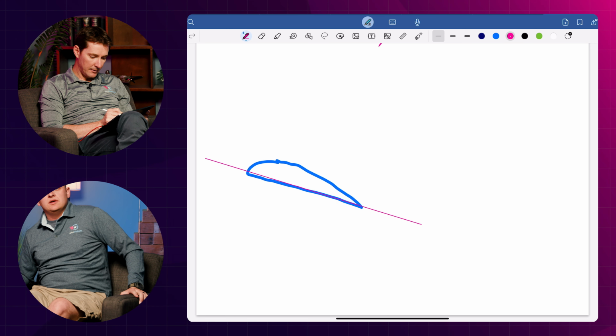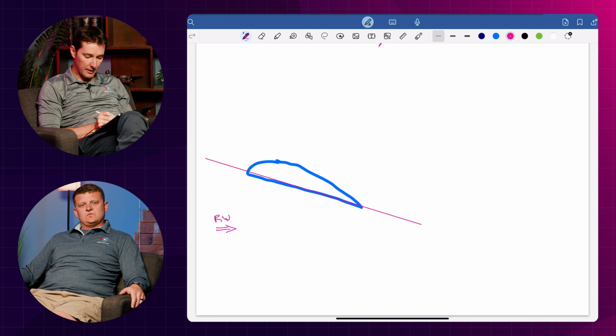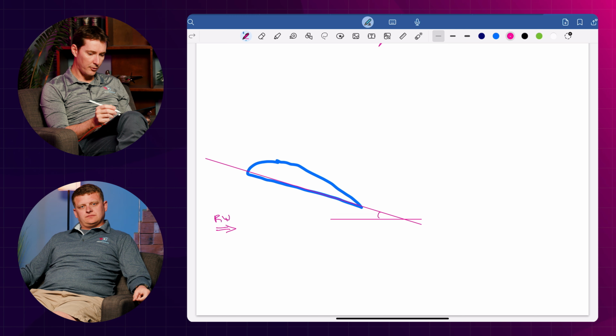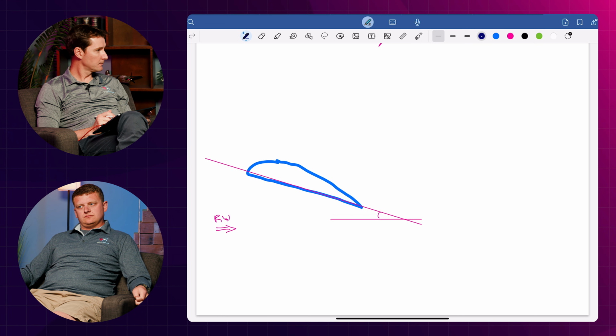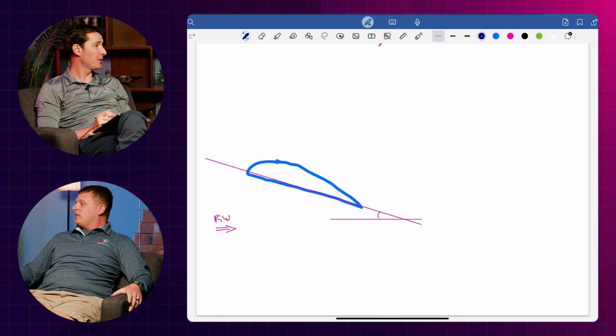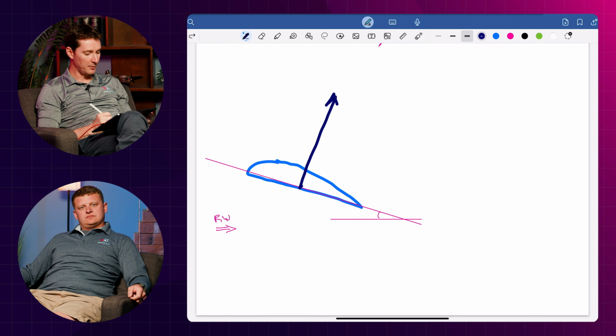Yep. And then our relative wind that's coming from here. So that would be kind of right here. This is your angle of attack. Lift, the total force of lift is in what direction? Yeah, perpendicular to the chord line. To the chord line. So if we put a vector for lift, we would put it like this,